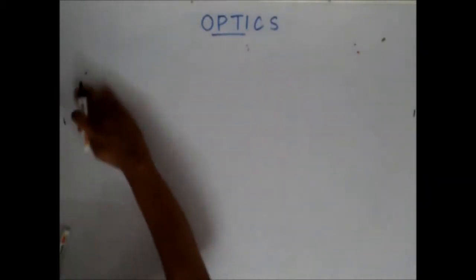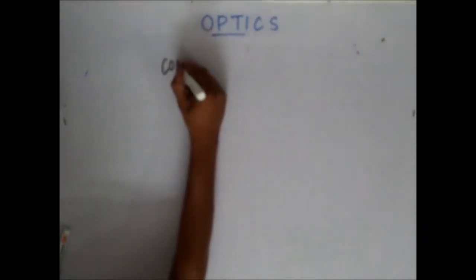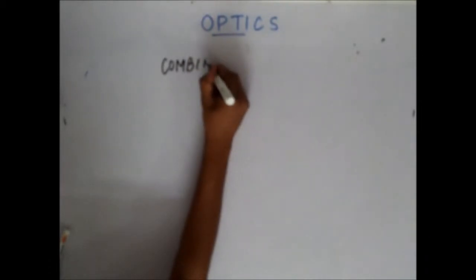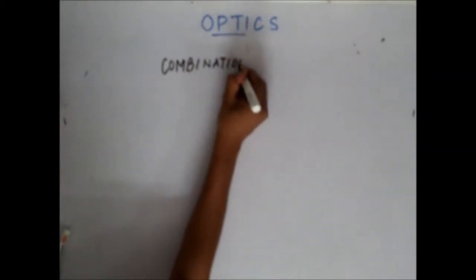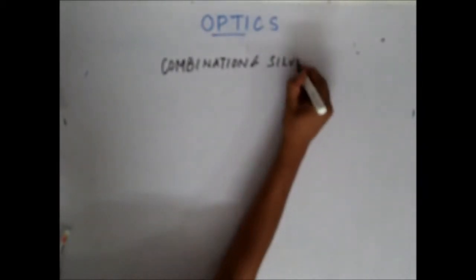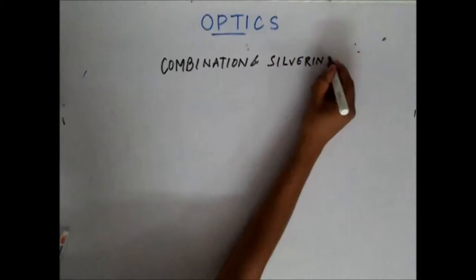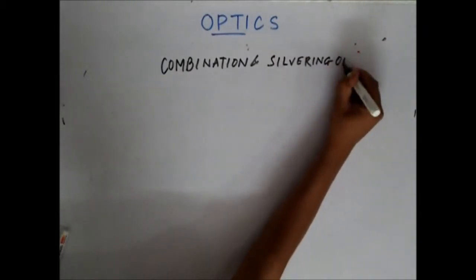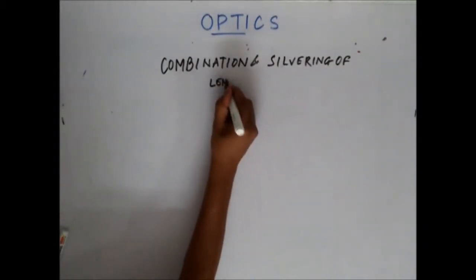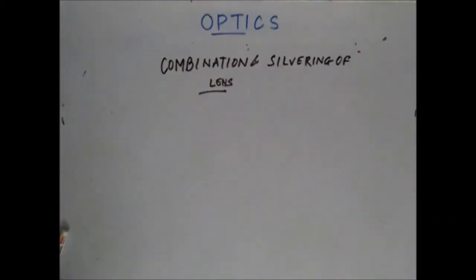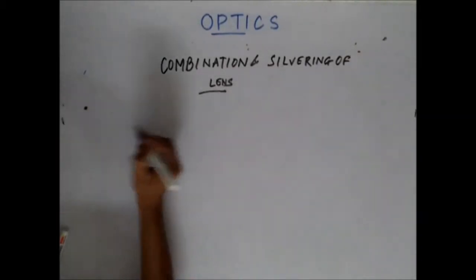So we'll discuss now combination and silvering of lenses. Now, let's say we have a combination of lenses,